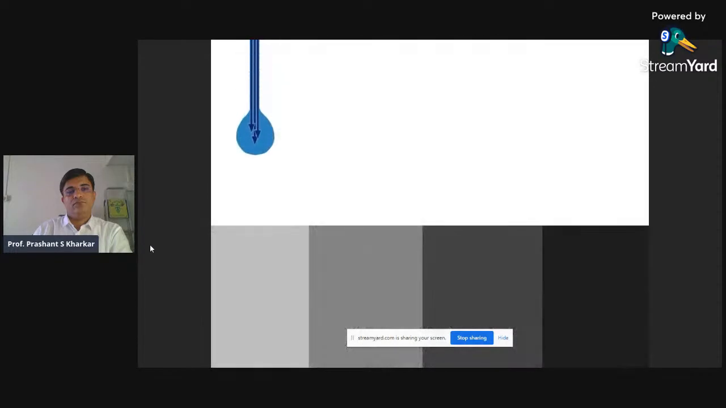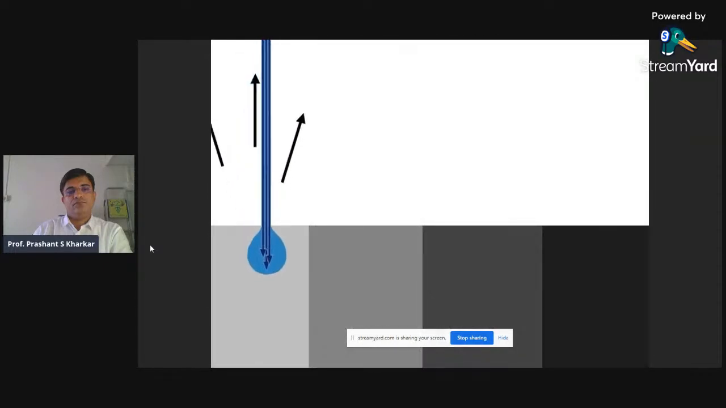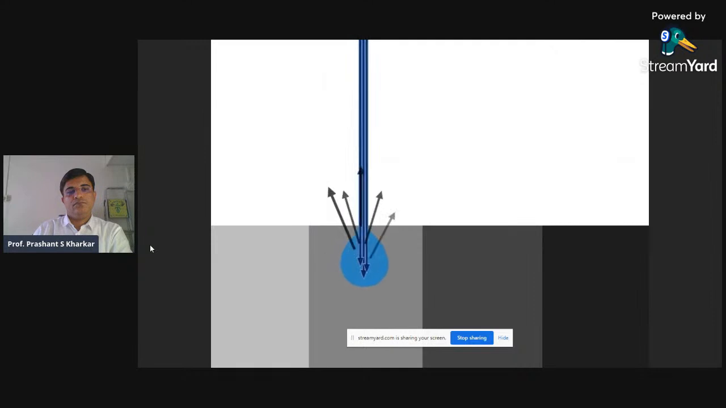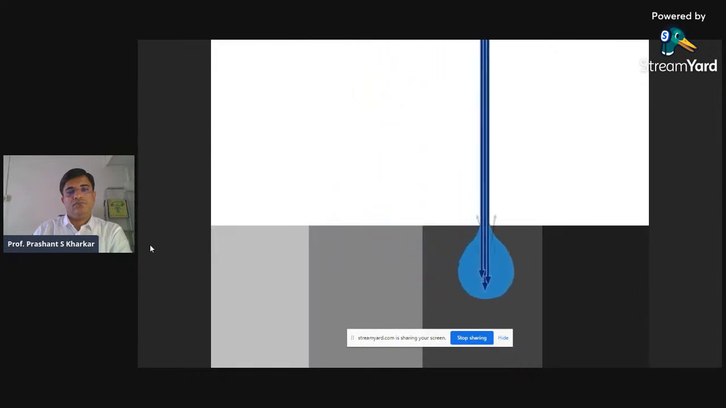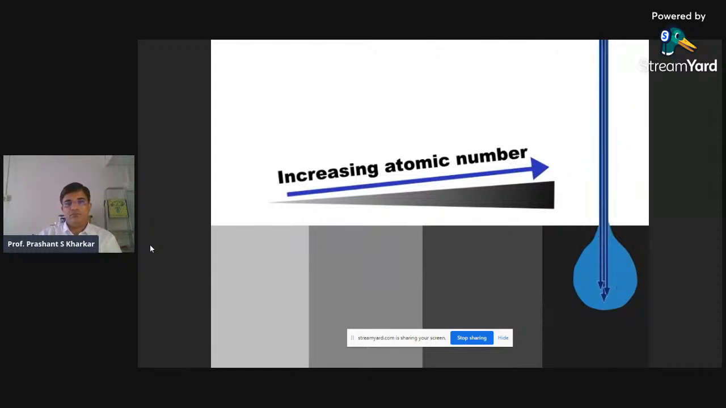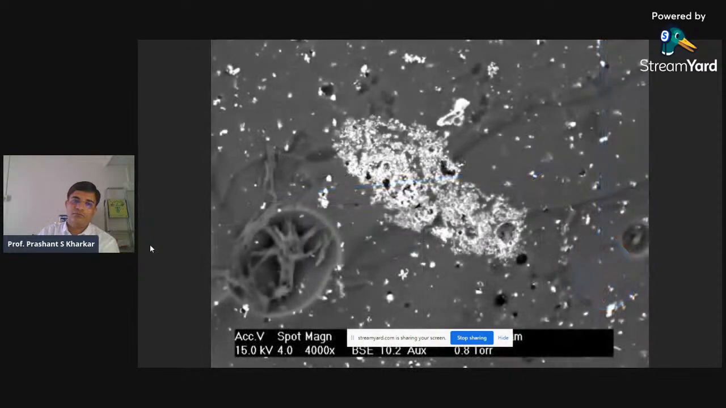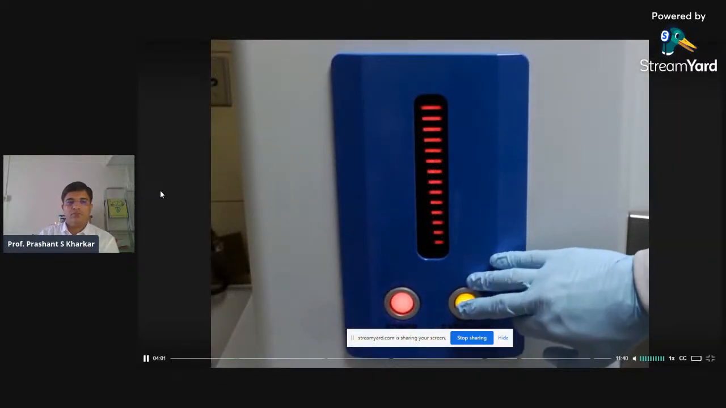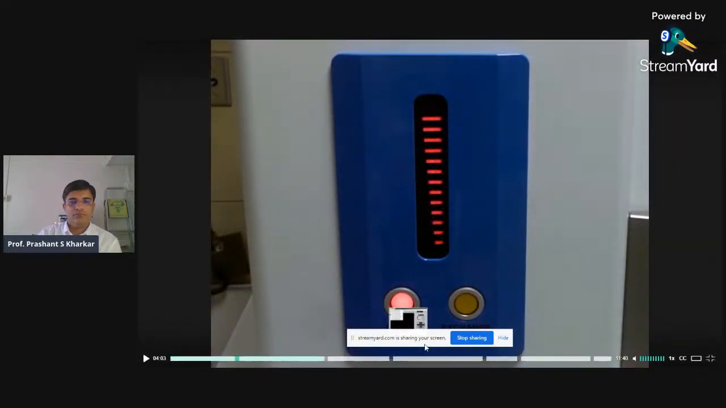In contrast, backscattered electrons are reflected in the opposite direction of the electron beam. Detection intensity increases with increasing atomic number of the sample, enabling the acquisition of compositional information of a surface, as shown in this backscatter image of inclusions in glass. Now that the principles of the SEM instrument have been